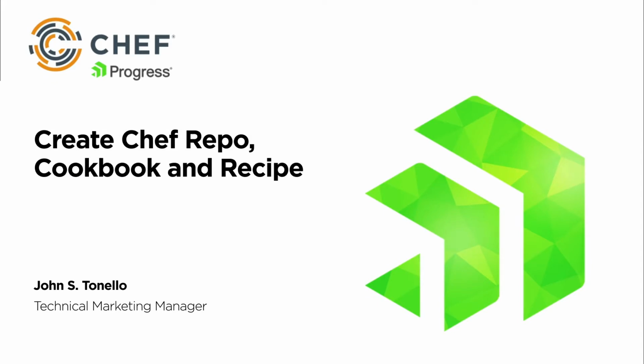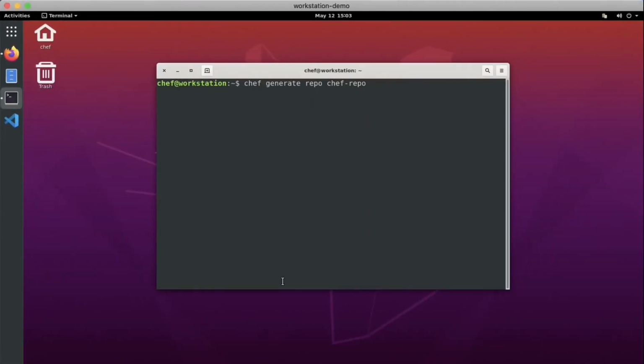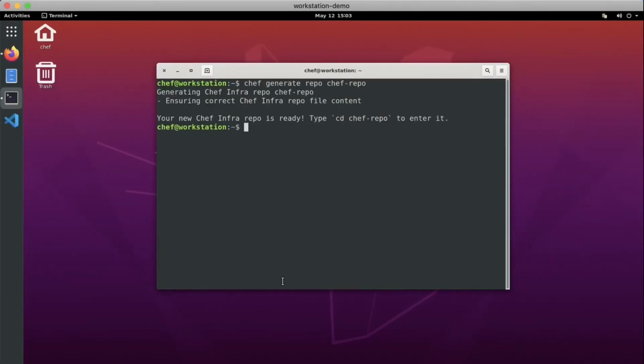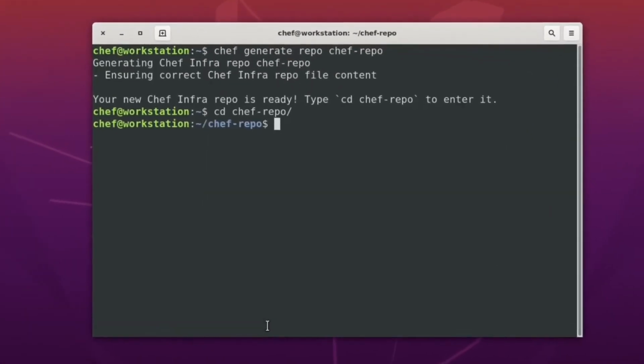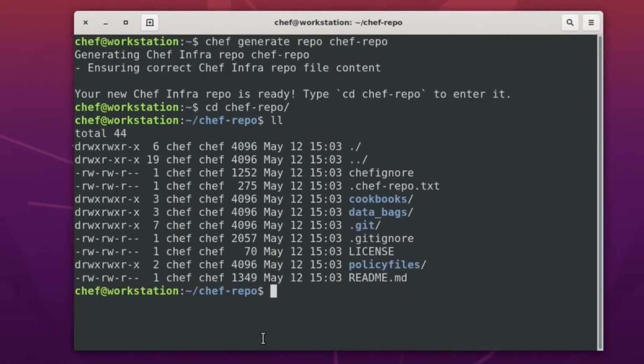With Chef Workstation installed, I can now use Chef to generate a repository. This is a directory where all my Chef content will live. In this case, my repository is called chef-repo. As you can see, generating a repo created the main directory and a number of subdirectories, including cookbooks, databags, and